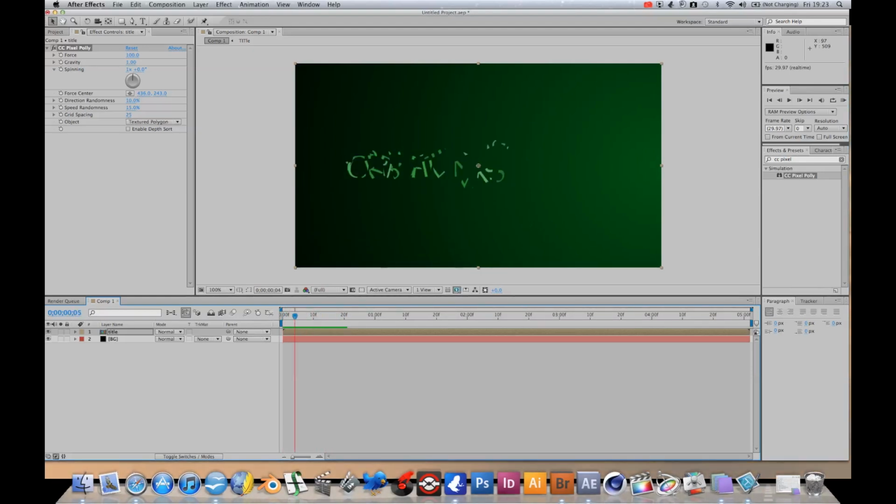We want a bit more of a vivid explosion, and if you want a really good explosion, you're going to want to add particle layers behind your text and use expressions so that it sort of bursts out with the text and you can create a much more atmospheric look. But for now we're just going to be using this one effect. So we'll turn down the force, the gravity and the spinning,